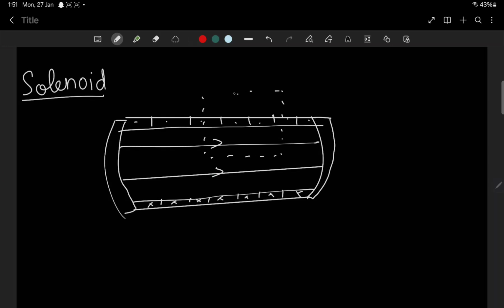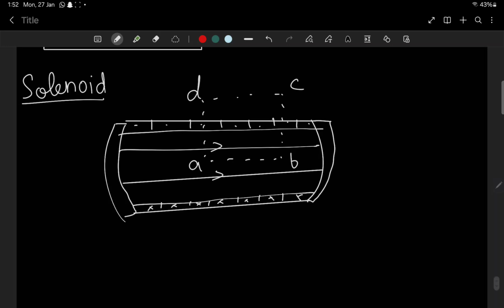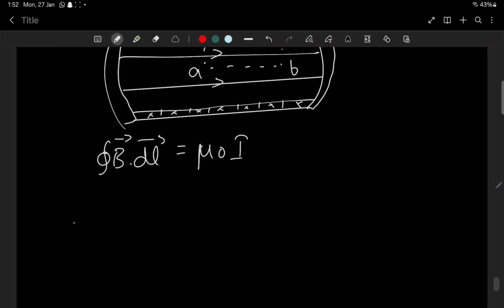Then you are going to prove it using Ampere's circuit law. Take points A, B, C and D. You know that integral B dot dl is equal to mu 0 I, where I is the total current. So integral B dot dl